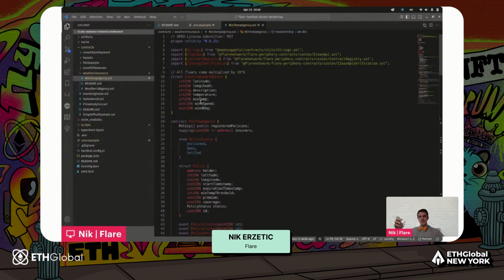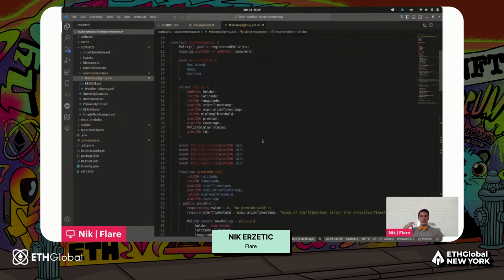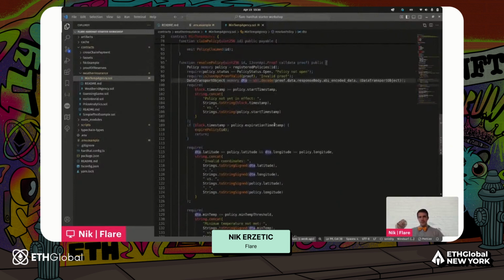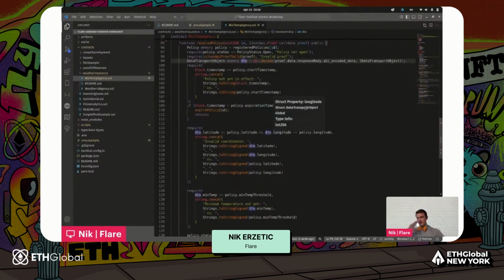But as you can see, it contains certain fields that can be taken from the JSON at the OpenWeather API. But more on that in a second. So we decode the data. We make sure that the timestamp of the current block